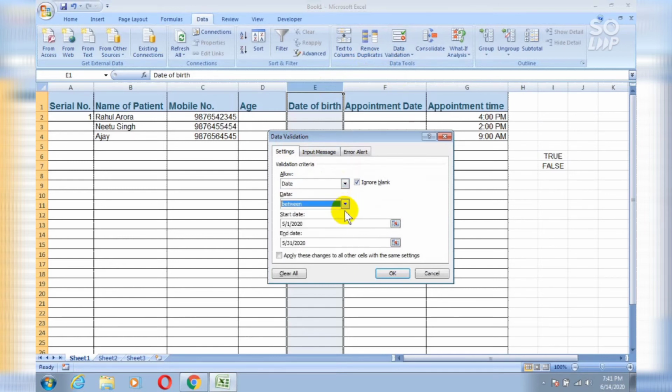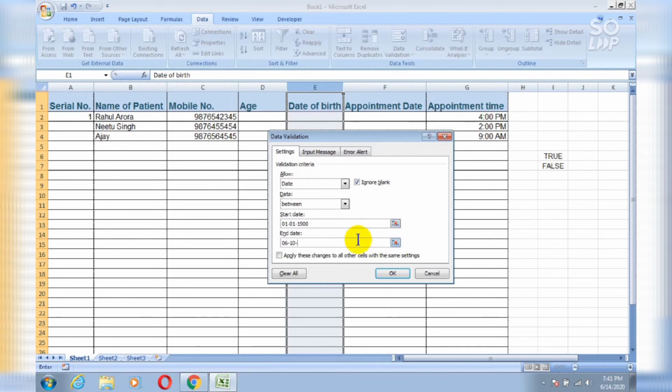So start date, you can type any date. Let's say type 1 January 1900. And in end date, you can type any date, let's say 10 June 2020.